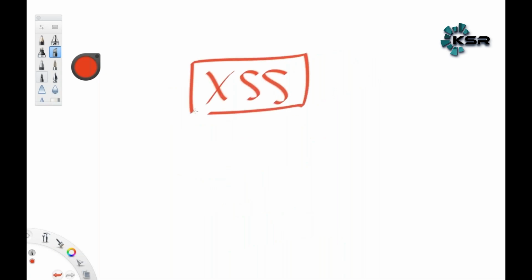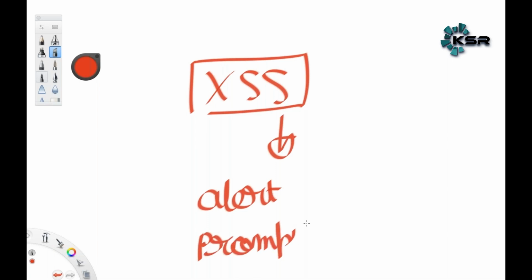Unless you know what JavaScript is, what the function called alert is, what the function called prompt is, you won't be able to understand the concept. So don't worry, I will definitely cover the basic programming knowledge required for cybersecurity.